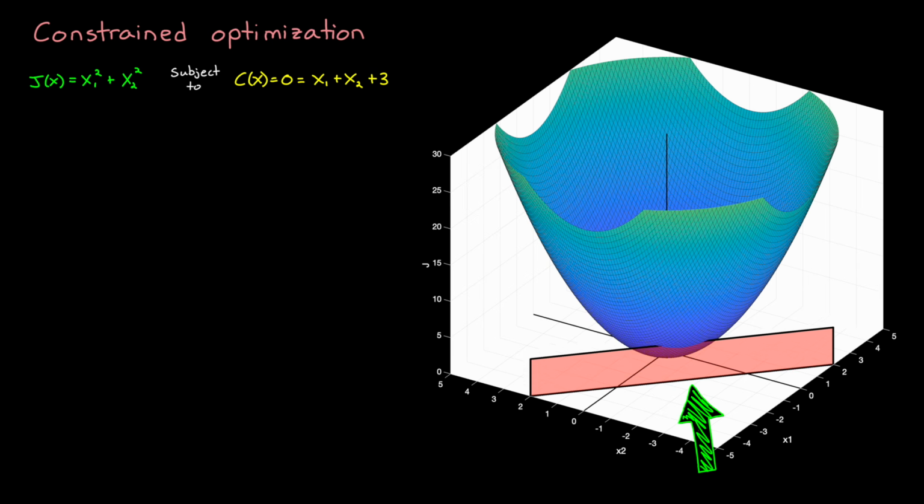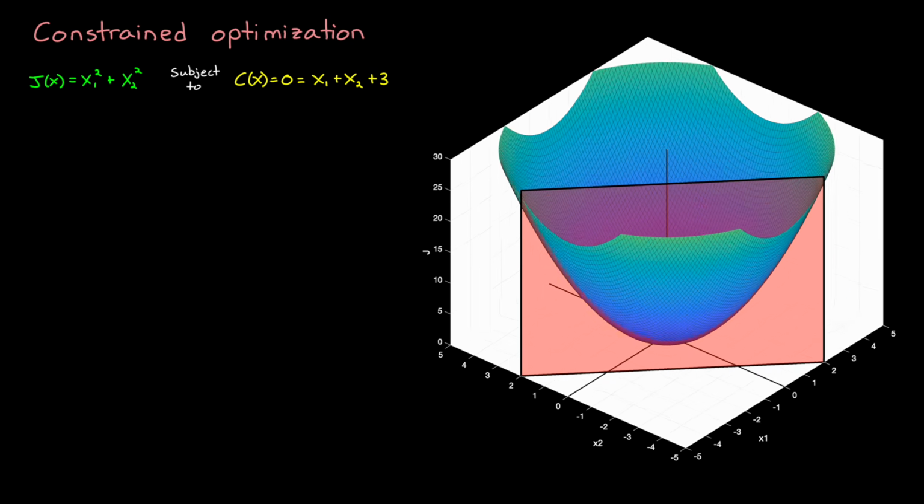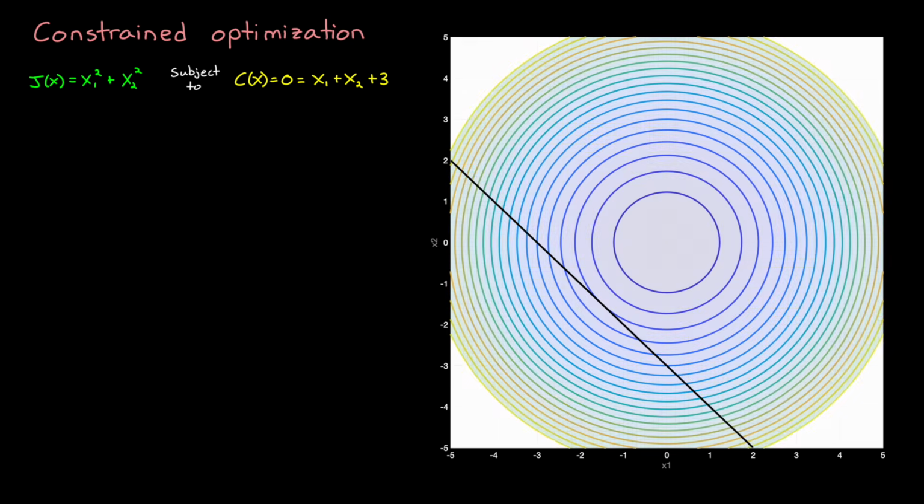And now if I raise this line up, this means that we're really looking for the minimum value along this intersecting parabola. So now how do we find this location? Well, let's change the surface plot into a contour plot. And so now we can imagine that we're hiking along this black line on a surface that has this contour.